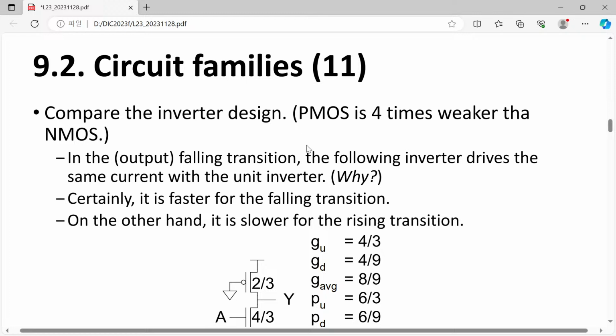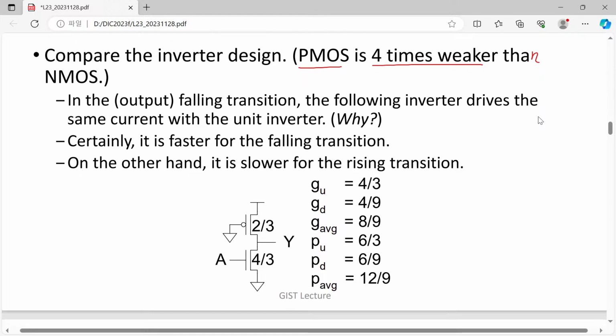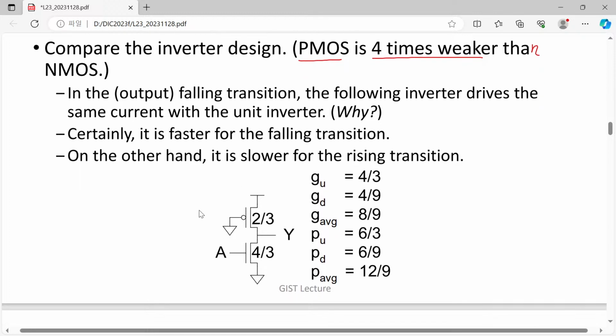Now we assume that the P MOSFET is 4 times weaker in terms of driving capability than the N MOSFET. Then that is the suggested